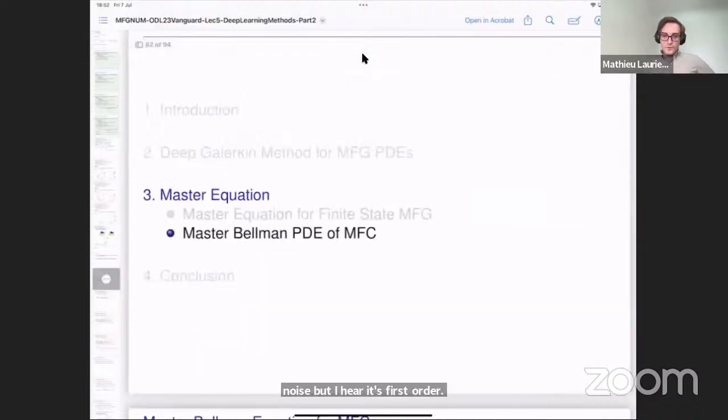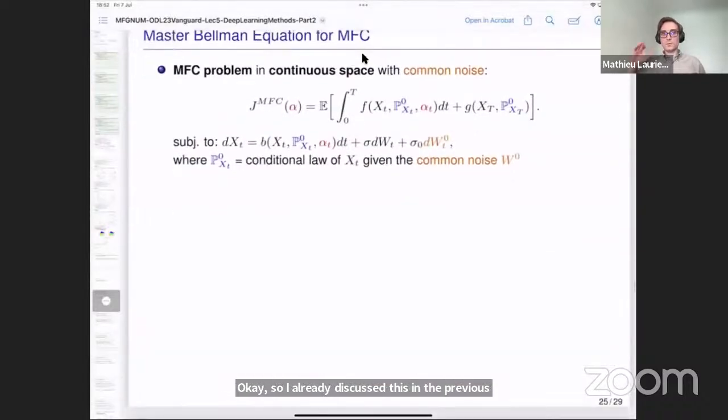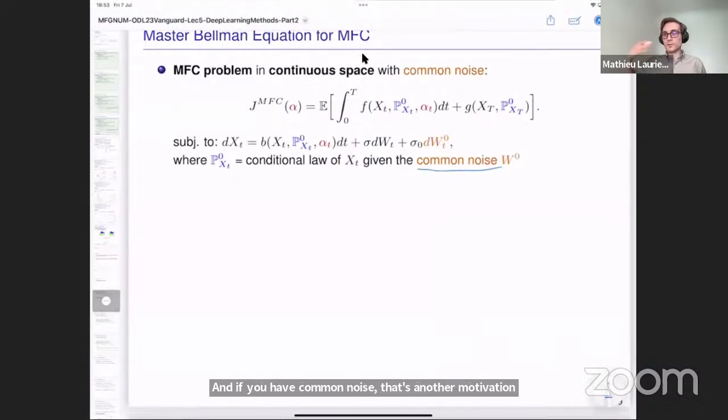Okay, so I already discussed this in the previous lecture, so let me just give a few more details. Now we take a model in continuous space. So there will be a question of how to approximate the distribution, right? If it's finite state, it's okay, but in continuous space, it's more tricky. And if you have common noise, that's another motivation to study the master field, because you cannot predict perfectly the